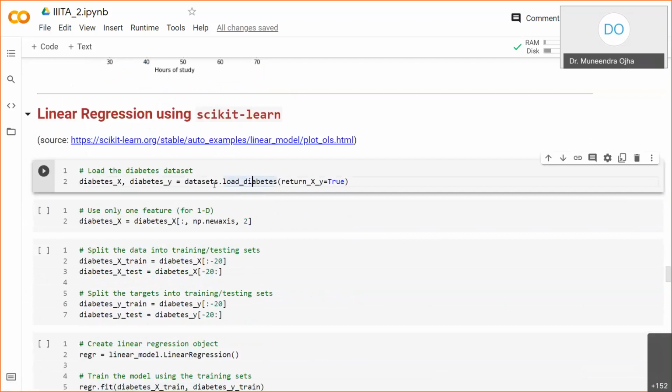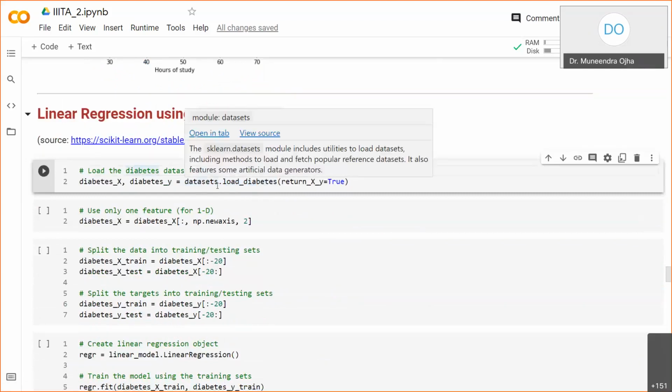For this scikit example, I have taken the diabetes dataset. Remember, a day before yesterday, I was talking about the Pima Indian dataset, the diabetes dataset. This you can download from the scikit-learn datasets library also. So if I just run it,